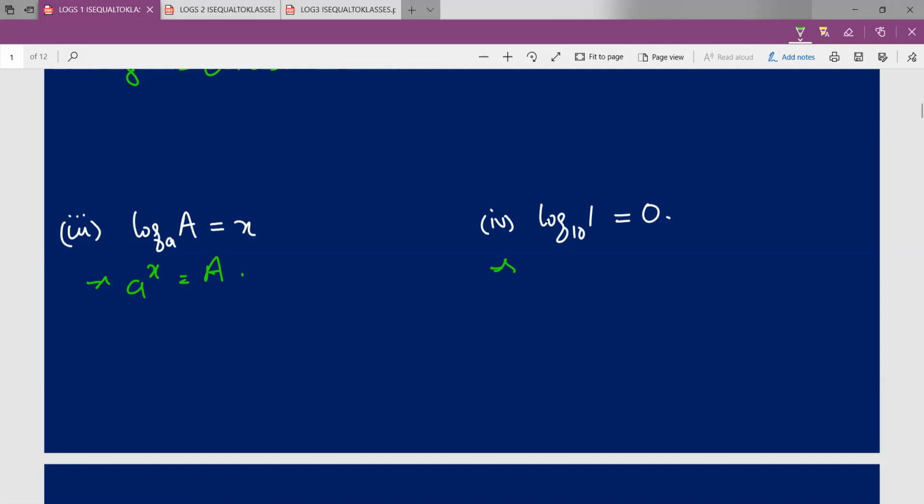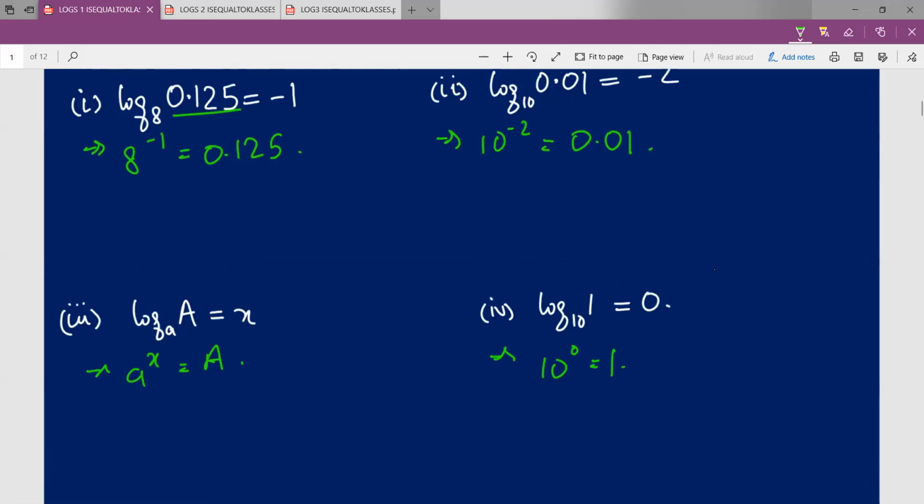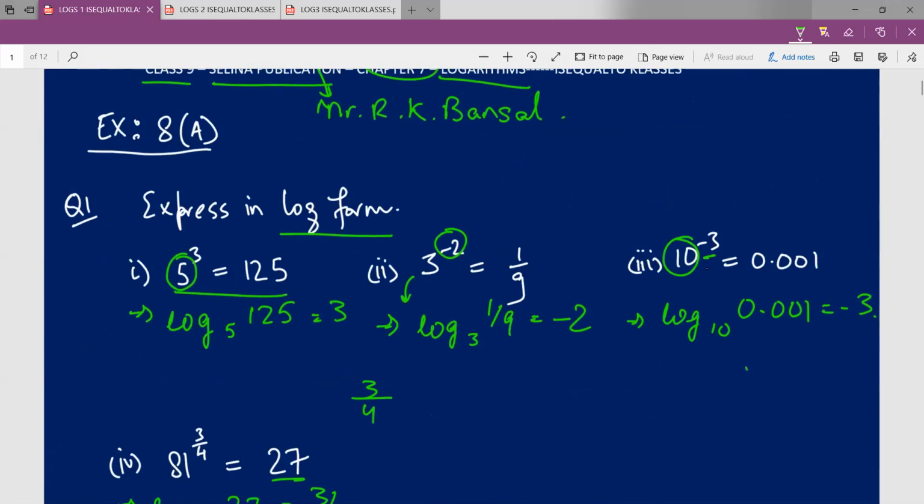It's that simple. So over here, log of 1 to the base 10 is equal to 0. Now I can write this as 10 raised to the power 0 is equal to 1. Why? Because any constant that has its power as 0, it may be 10, 9, 8. If it is 8 raised to the power 0, 9 raised to the power 0, or any number raised to the power 0, it is always equal to 1, except 0 raised to the power 0, because in mathematics, it is not defined.